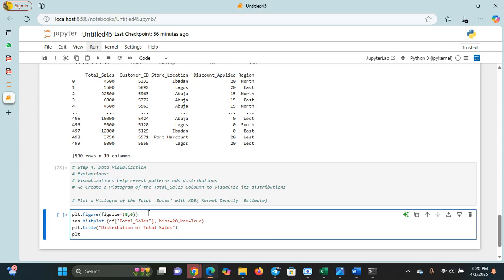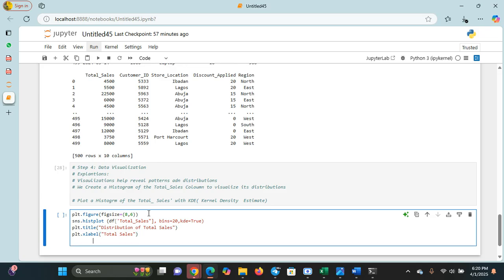So now we also want to plot our x label. For our x label, open bracket, quotation mark, that will be total sales, then put the quotation mark. So now for our y label,